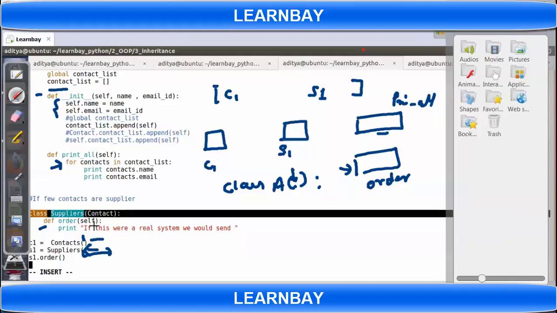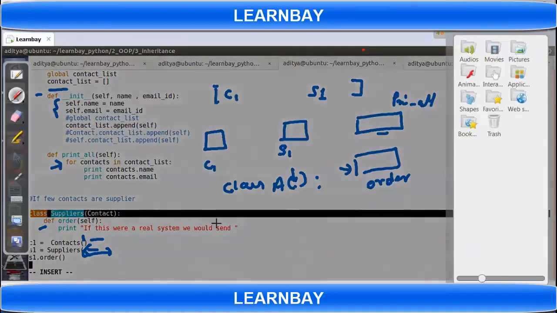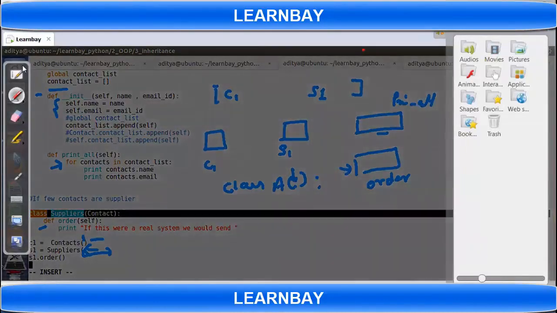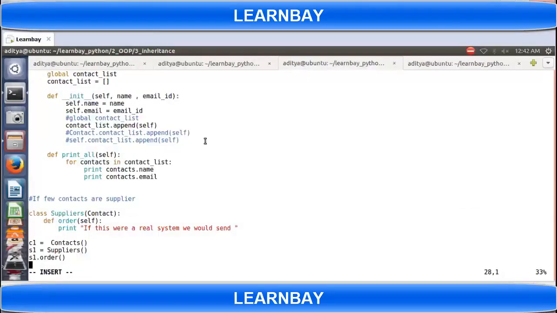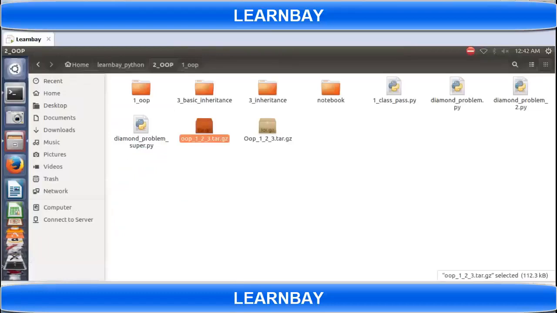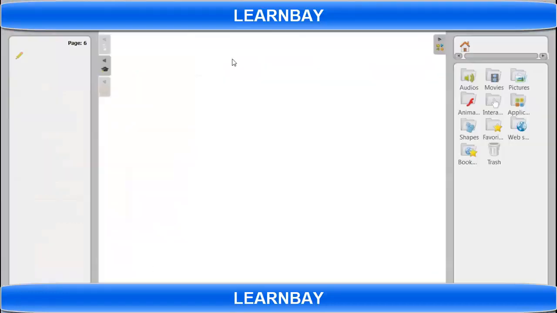For example, I'll say another class, vendor. Vendor will inherit supplier, and supplier is inheriting contact.